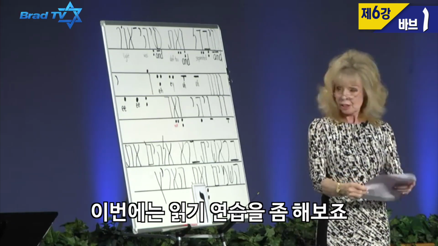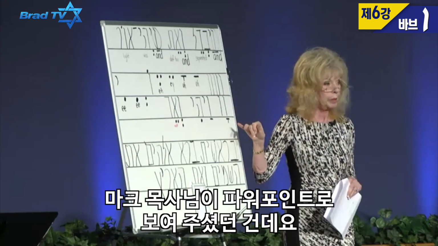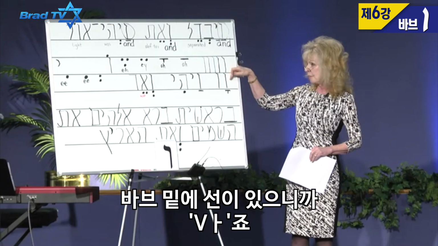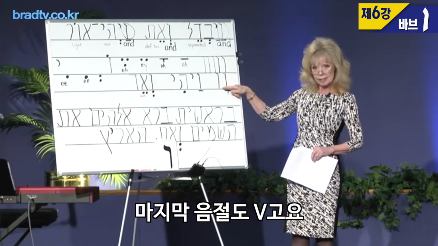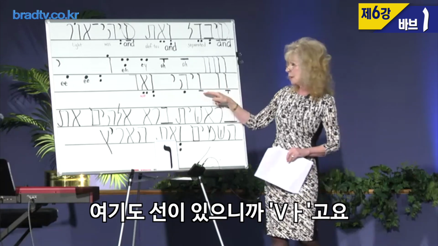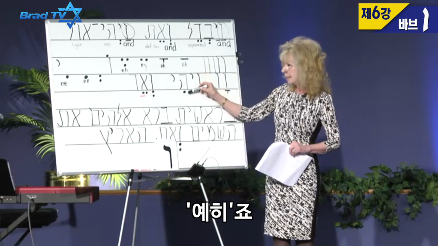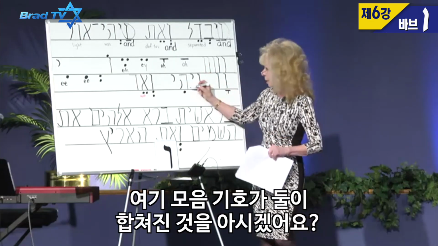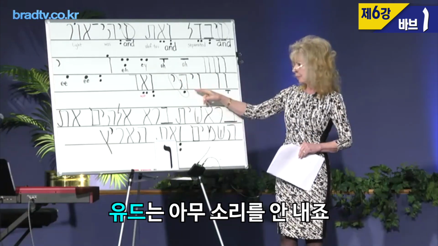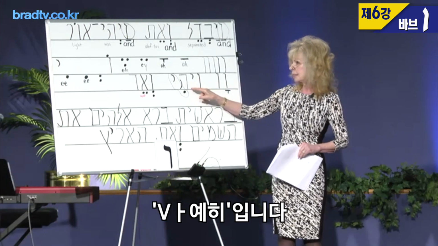And let's do some reading now. Pastor Mark showed you this on the PowerPoints. Can everybody read this? This is a Vav, and the line under it, you'll say Va, and the last sound is V again. So the word says Vav. So here we have the line, so we're going to say Va, Y, He. And do you see the vowel points that work together here? But the Yud really doesn't say anything. It's just the E. So Va, Y, He. And that means